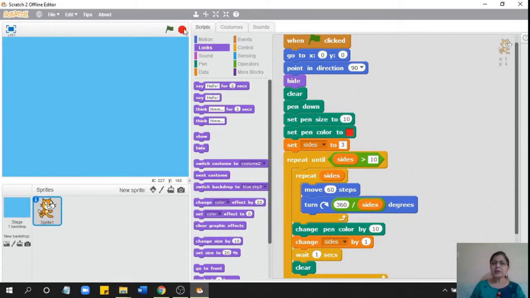Right? Now, what if I want to add a little bit more into this program? Wouldn't it be great if when it is drawing this, it should also say this is a square, pentagon, hexagon, octagon, nonagon and decagon? Wouldn't it be great if it were able to do this also? So let us see how to do this.